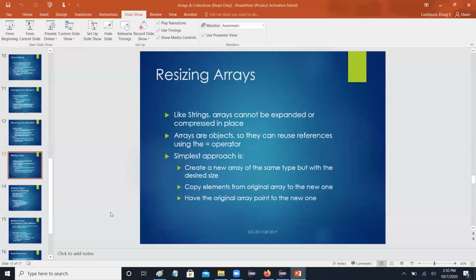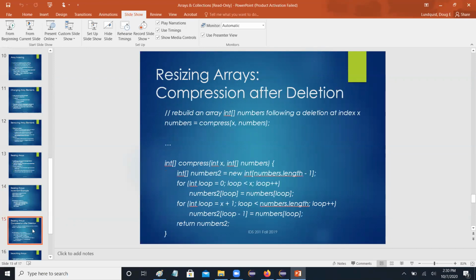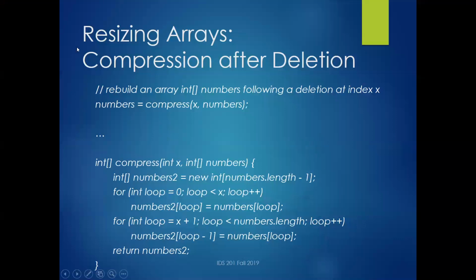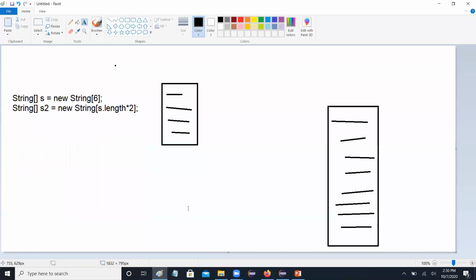Okay, well, moving on then. This is an increment example. It basically does the same thing, but it makes it one bigger. Next one, compression. We'll talk about compression, and then I think we'll call it a day for today. So, compression after deletion. Sometimes you have an array and you want to delete an element in it. Suppose we have an array of ints, and we're going to delete something at index X. What we're going to do then,